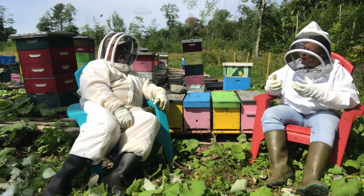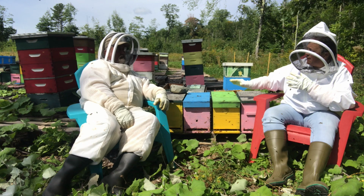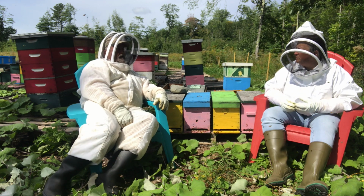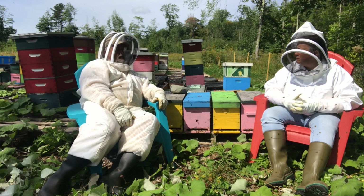So at what point do you decide, when am I going to start doing the sugar syrup and not worry about any honey supers, or taking them off? And that will vary very much from yard to yard or from hive to hive, depending on the circumstances. So